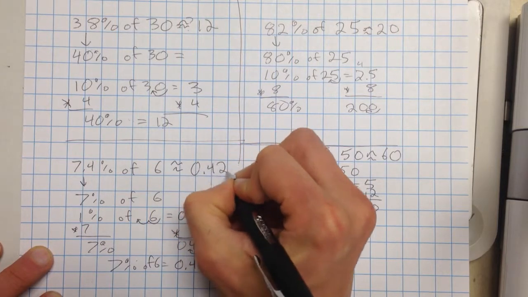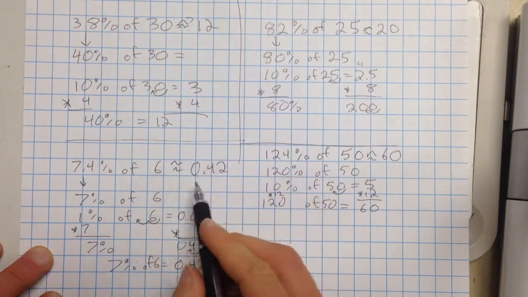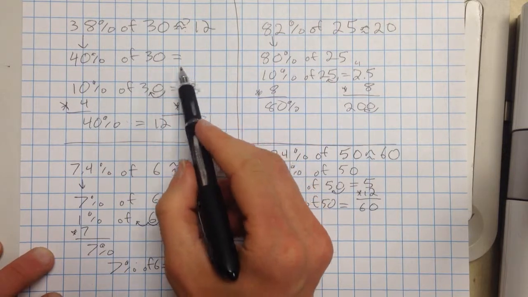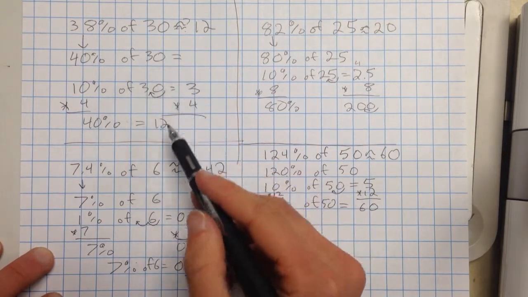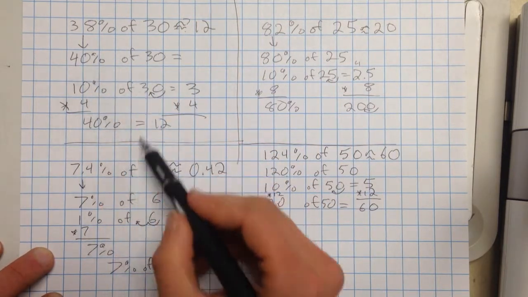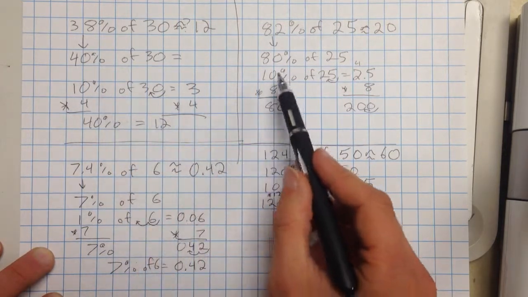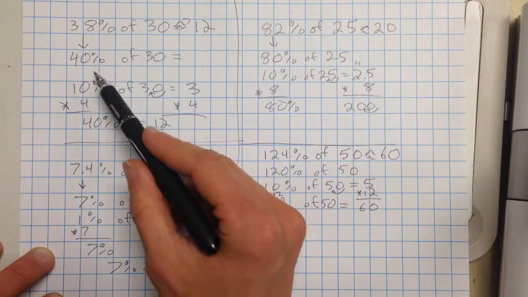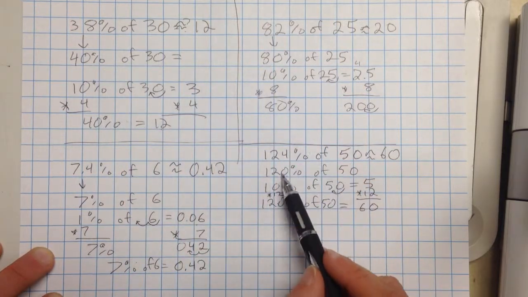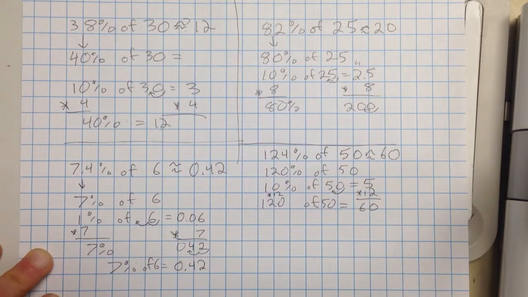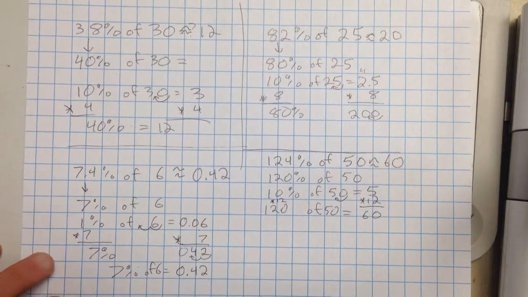Okay, so we can see for all of these, the key thing, if we're estimating fractions or percents, is to round it to a 10 or maybe to a whole number. Find that 10% really quickly, and then just multiply it by how many tens you're going to have. And this is a really good way to check your work, even just mental math. Your teacher